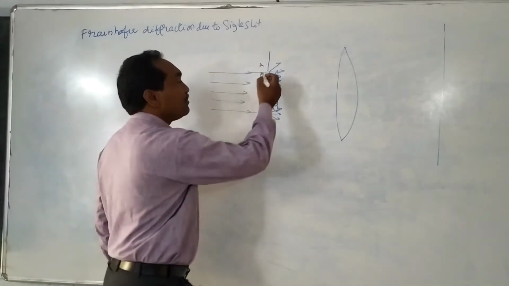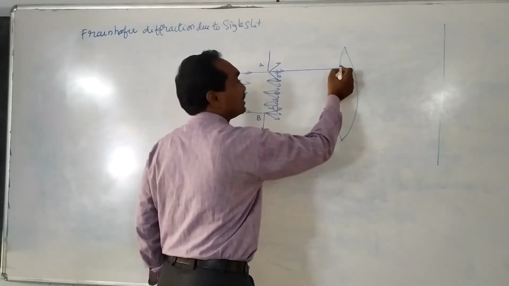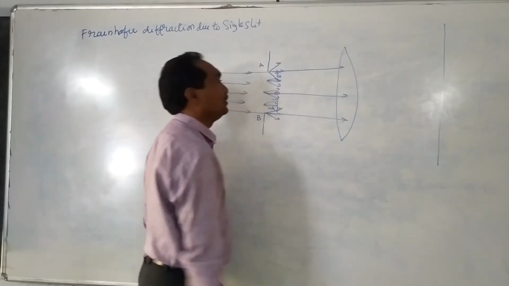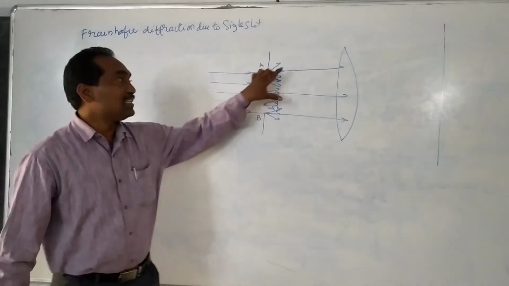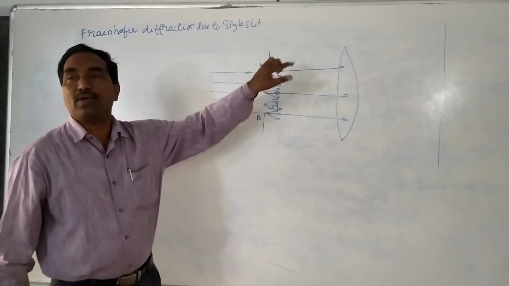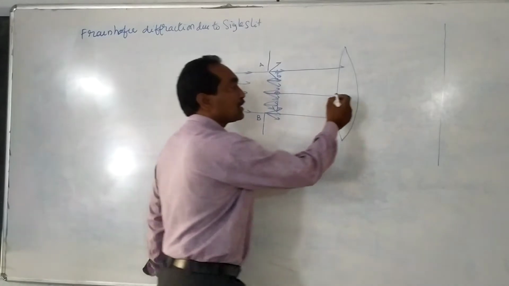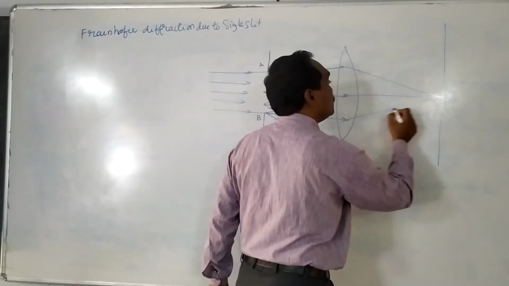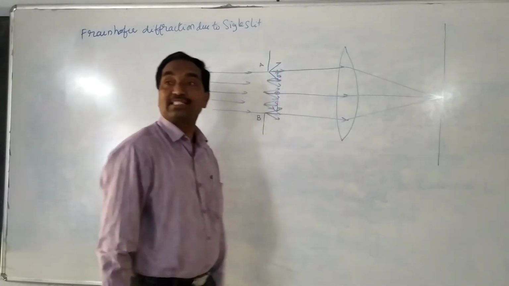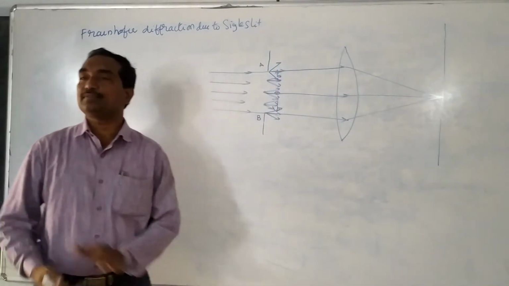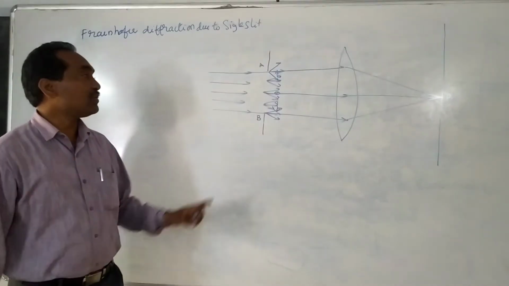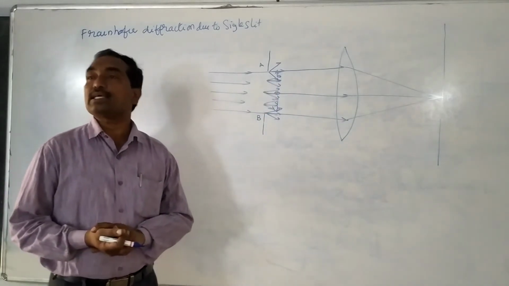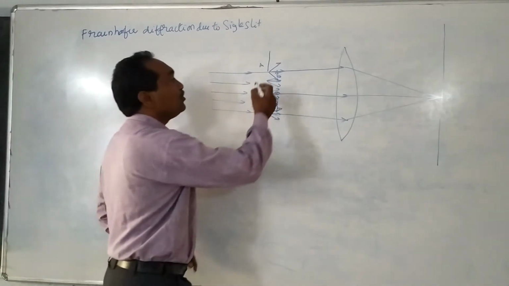So, if the rays coming from the slit are normally incident on the lens, it is nothing but these secondary waves passing through in the direction of the incident wave, concentrated on the screen at a point P0. There the intensity is maximum, that is called, of course, the principal maxima. According to the Fresnel theory, all these rays do not move in the direction of the incident ray, and these rays will move in different directions.